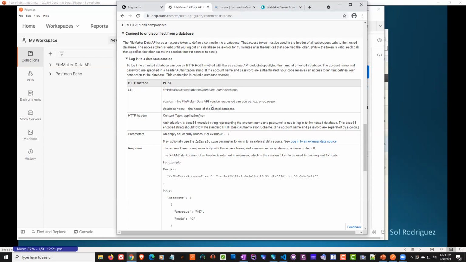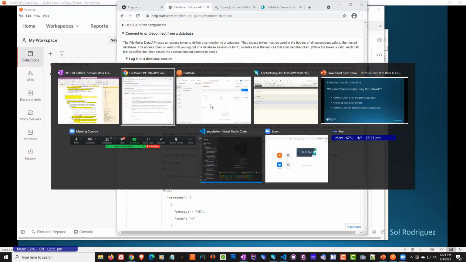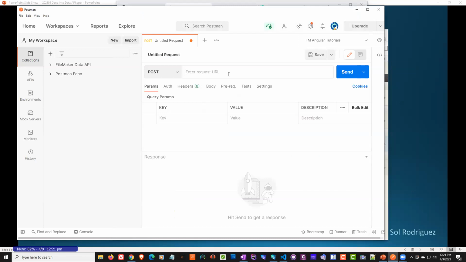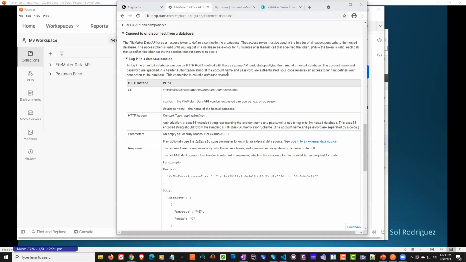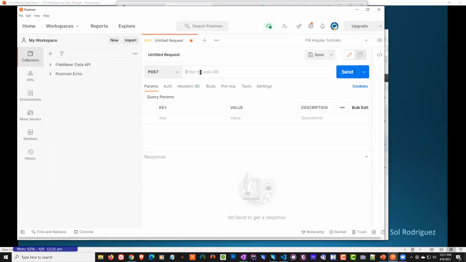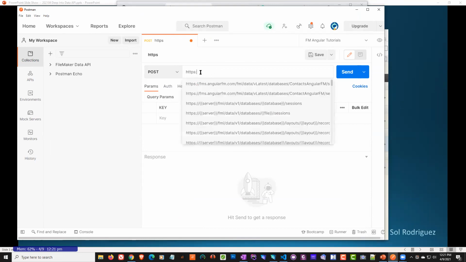And so what is it that we need to do here? Well, the URL needs to point to our FileMaker server, right? How do we do that? Well, I suppose we could use our IP address here if we needed to. The assumption that I'm going to be making, since eventually we're going to work from HTML and JavaScript, is that this is a web-based HTTP call to the data API, right? So in order to point that to our FileMaker server, then of course we're going to be using an SSL certificate to encrypt that traffic. So I'm going to start with HTTPS://